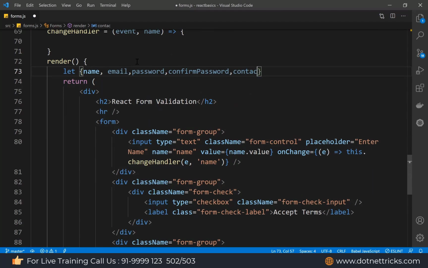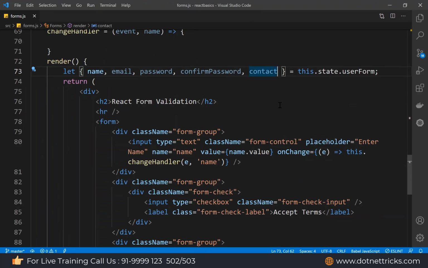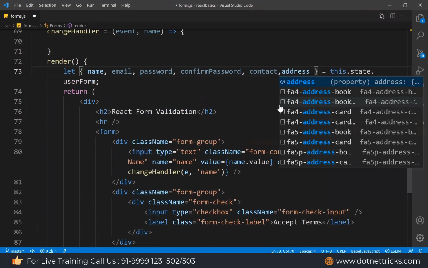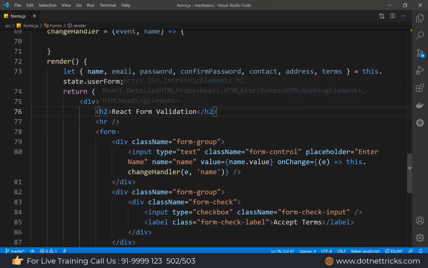All of them are going to be extracted from the state, this dot state and then user form. From the user form we are extracting, and actually the same we are using over there: name dot value, name dot validation, name dot required, name dot min length. From these the values will come. Now it would be address, it would be terms, this way. All of them we access from the state forms. This is the way I'm getting the value, name dot value, and in the on change event we are just going to capture them.